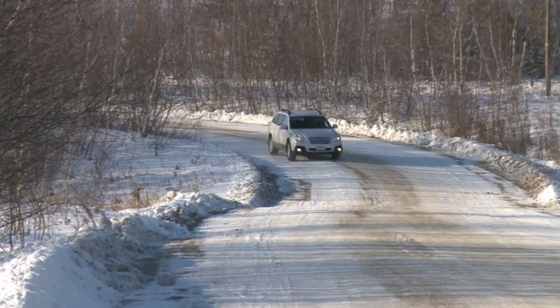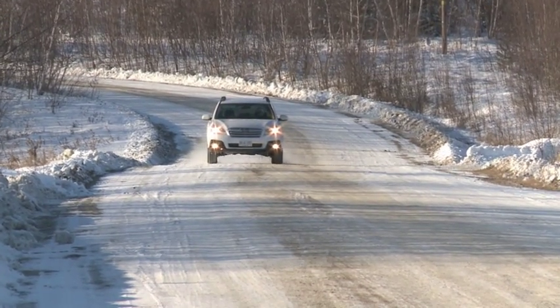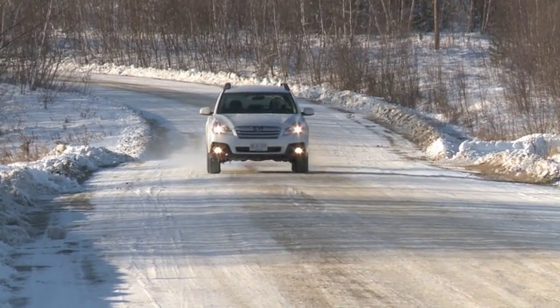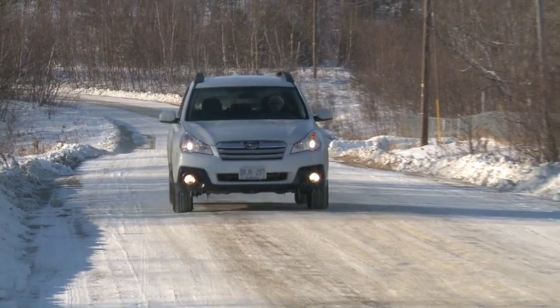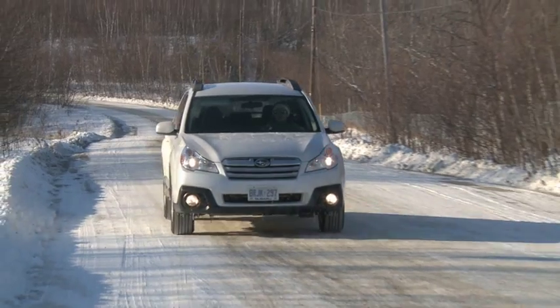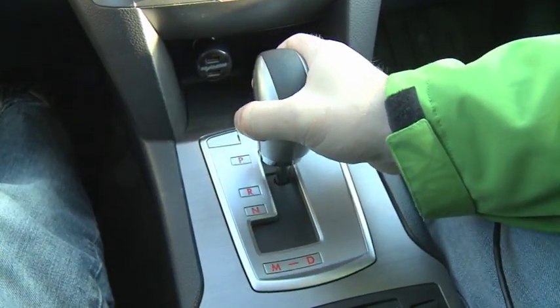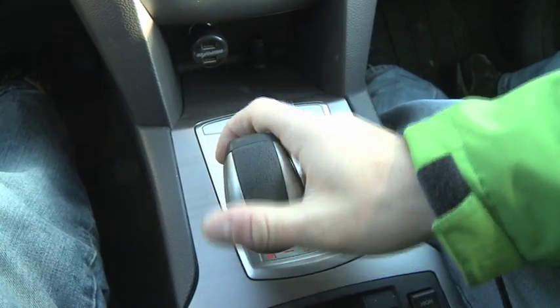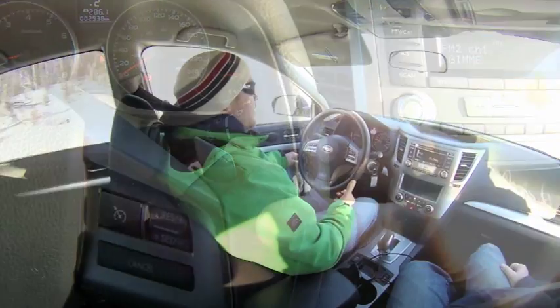The tester got the optional CVT automatic transmission, which doesn't confine the engine to pre-stepped gears since it has none. The CVT is growing in popularity for its fuel-saving benefits, and it does accelerate like a Ski-Doo at full throttle, which feels different, but driven gently you'll appreciate the smoothness and how the engine RPM can stay virtually locked in as the Outback accelerates. There are paddle shifters for pretend manual mode shifting,